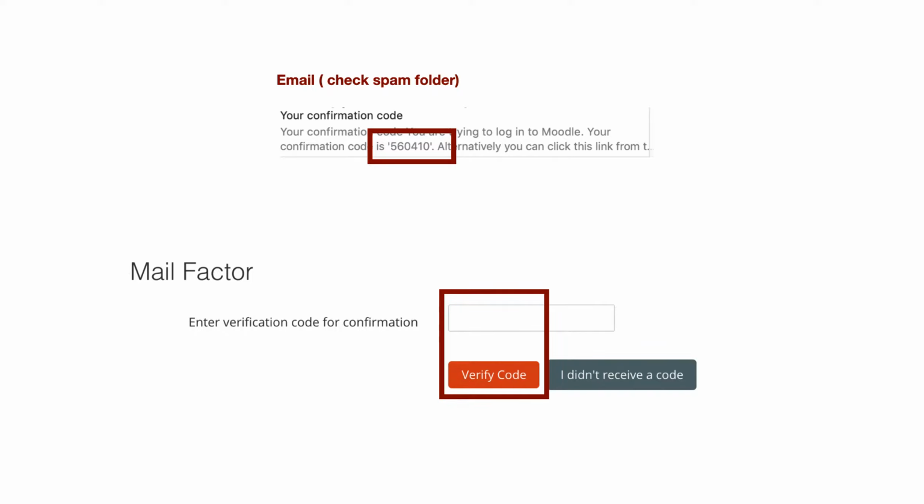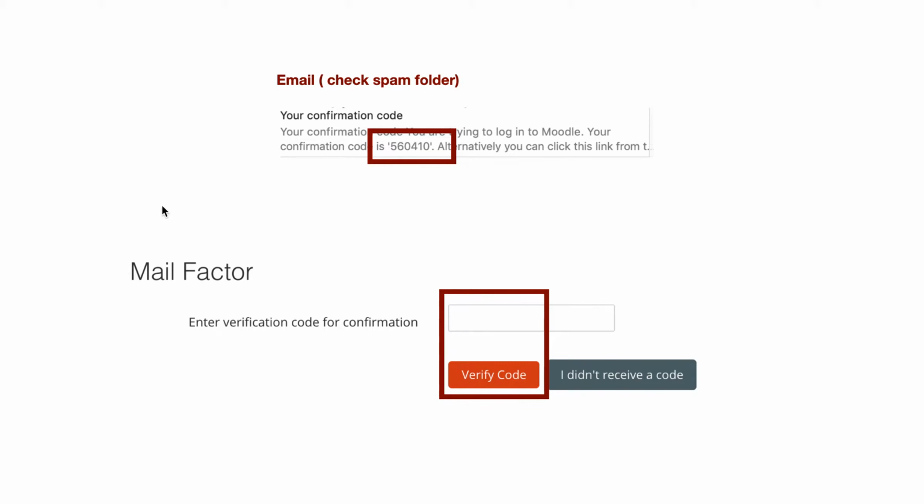If your system now has two-factor authentication, one way is to do this via email. An email will be sent to the email that is set against your Moodle profile. So check that email inbox and you'll find a six-figure confirmation code, if you like. So type that six-figure code into the verification code text area on the form, and then click